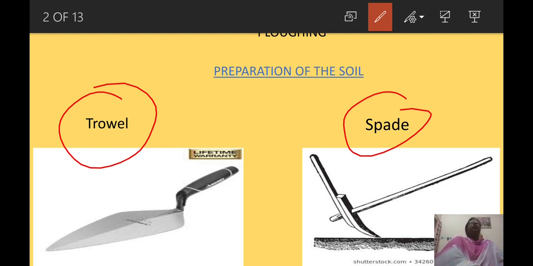The soil is loosened and turned upside down so that it becomes very light, and the plants, when sown, will go deeper into the soil and get a good amount of air, water and nutrition for their growth. So the soil bed needs to be prepared, and this preparation of soil is called